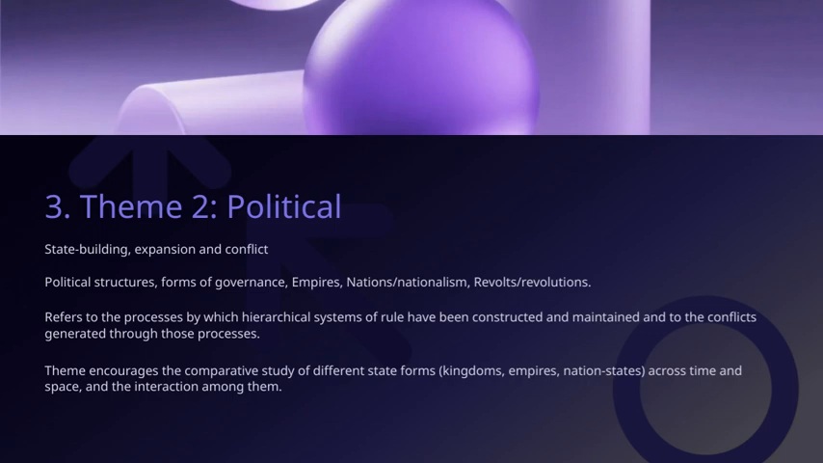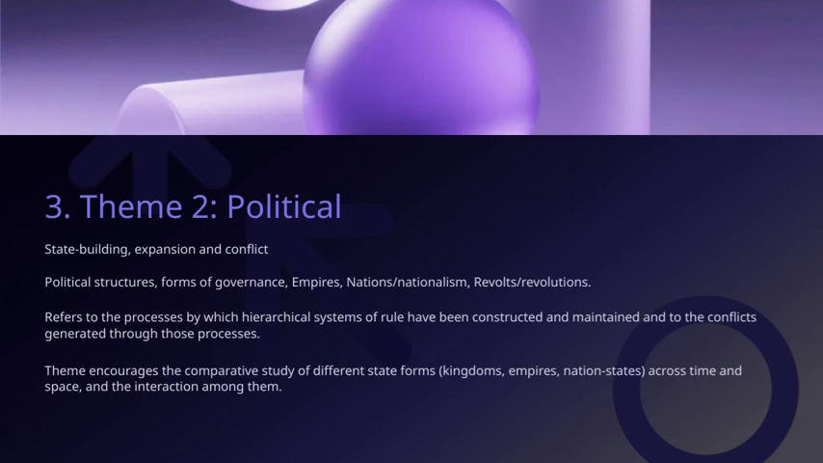State building, expansion, and conflict are all interconnected. As states grow and extend their influence, they often face resistance and conflict, which can lead to revolutions or new forms of governance. So, in essence, this theme highlights how political systems are created, maintained, and challenged over time, and how these dynamics contribute to the larger story of human history, showing us the ongoing struggles for power, sovereignty, and